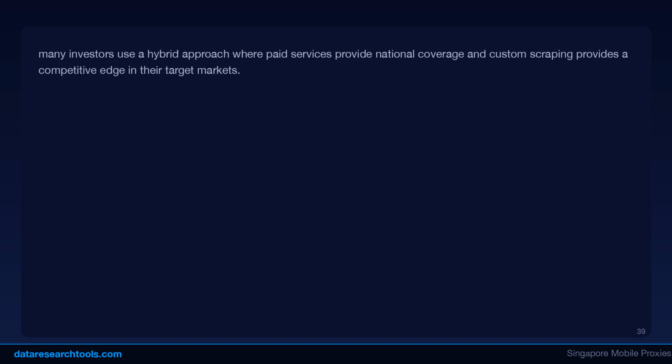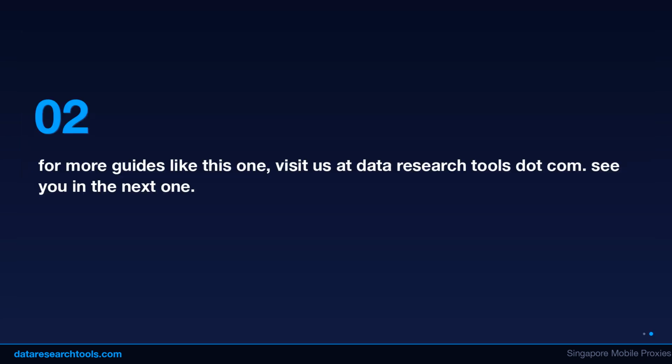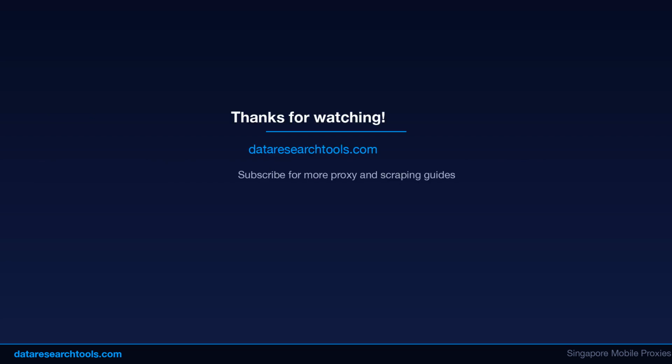Paid foreclosure data services like ATTOM, RealtyTrac, and PropStream aggregate data from the same sources you would scrape. Scraping these aggregators is generally against their terms of service and is not recommended. However, you can use their APIs if they offer one, or combine a paid subscription for baseline data with your own scraping for sources they do not cover, or for fresher data in your priority markets. Many investors use a hybrid approach where paid services provide national coverage and custom scraping provides a competitive edge in